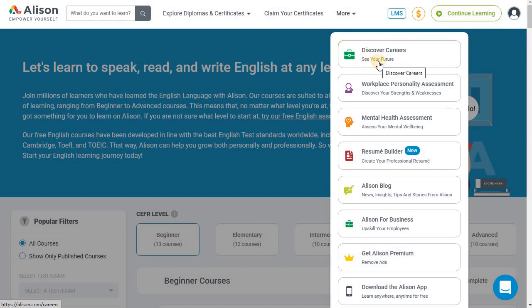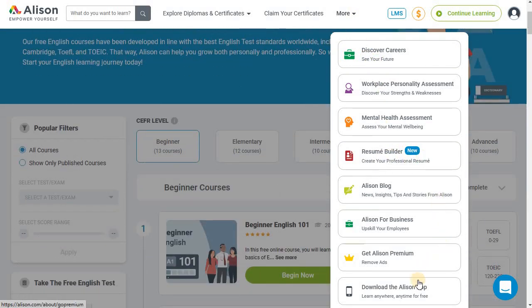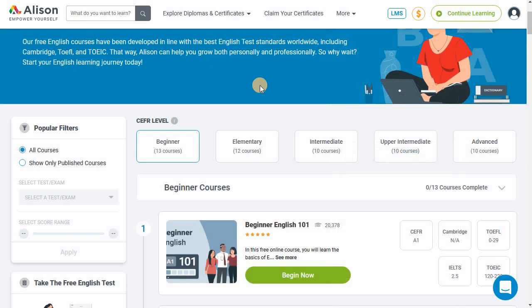Okay, you can discover careers, you can build your resume, your CV, and they have a mobile app as well, so you can actually download the app on your phone, and you can start learning from that as well, right? So the possibilities are limitless, so make use of this opportunity and enhance your career, because if you look at